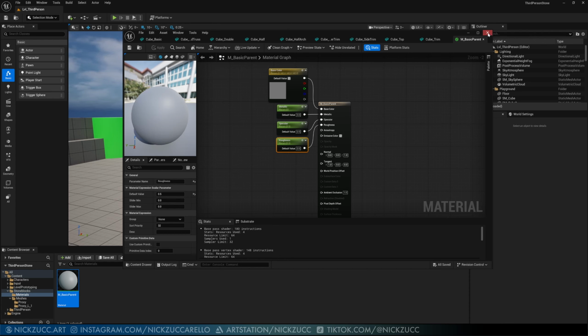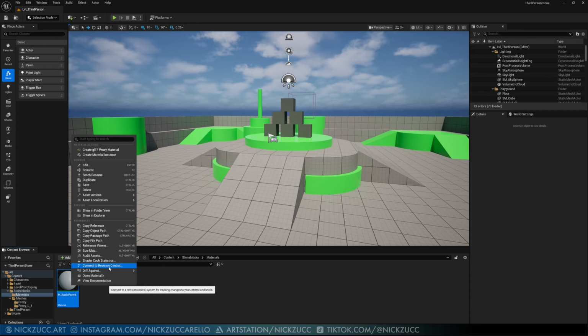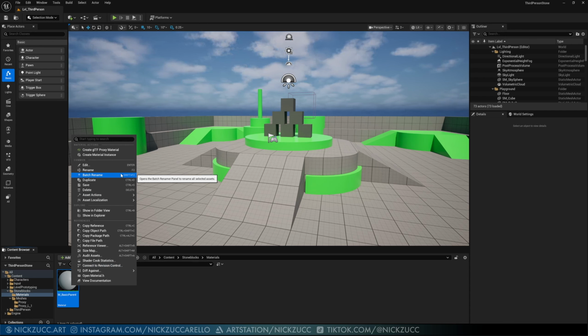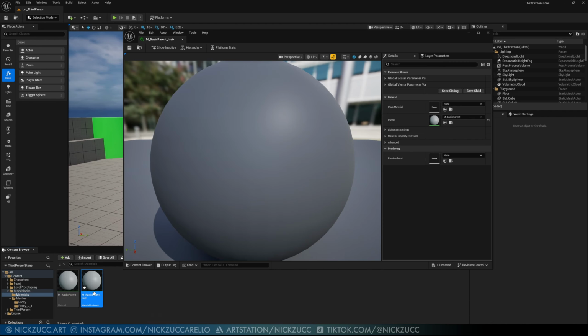Okay, so I'm just going to close that down. Then you see we've got a material now. I'm going to right click on this and say create material instance right here. So now we've got a material instance. This one, I don't want to call this a parent. So I'm going to double click on there, but then you remember if we hit F2, we can rename this. And then I'm just going to take off the parent aspect of this. This is going to be mbasic